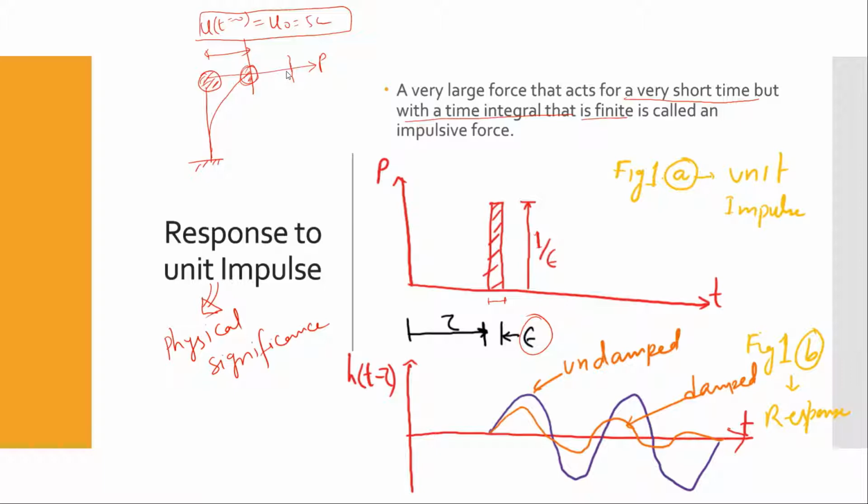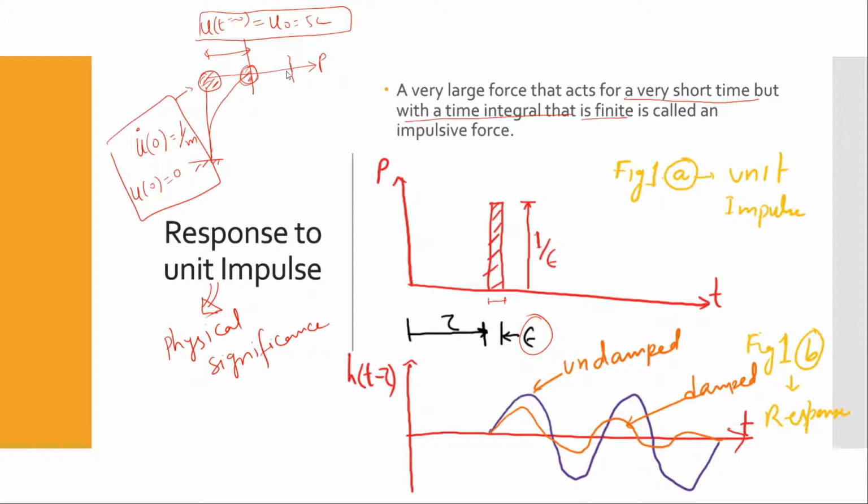Another way, we may just make a strike to it, we may just hit it for a fraction of a second and it will vibrate. So at that time when we hit, we give the velocity to it, we impart the velocity on the mass we apply. Then at that time the displacement was 0 at t equals 0. So these two conditions may be there to vibrate the structure.